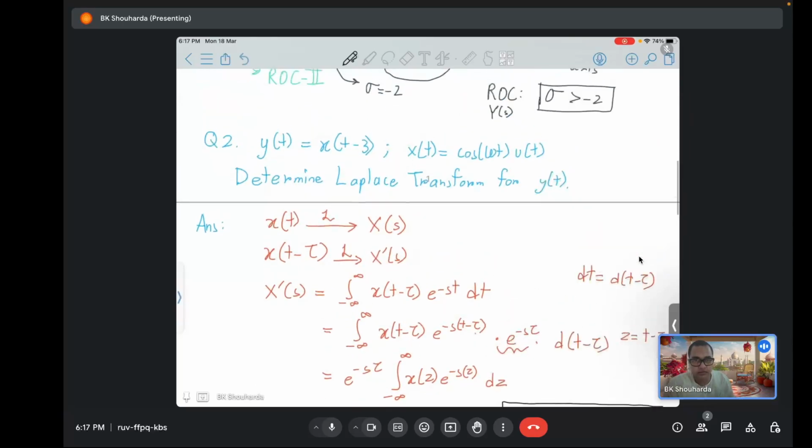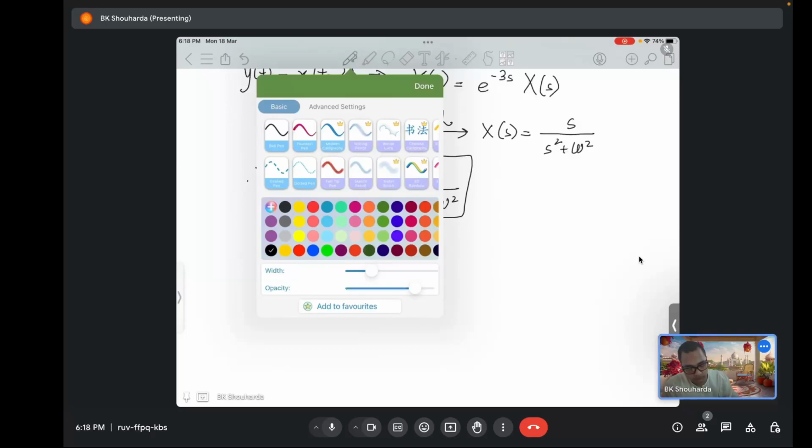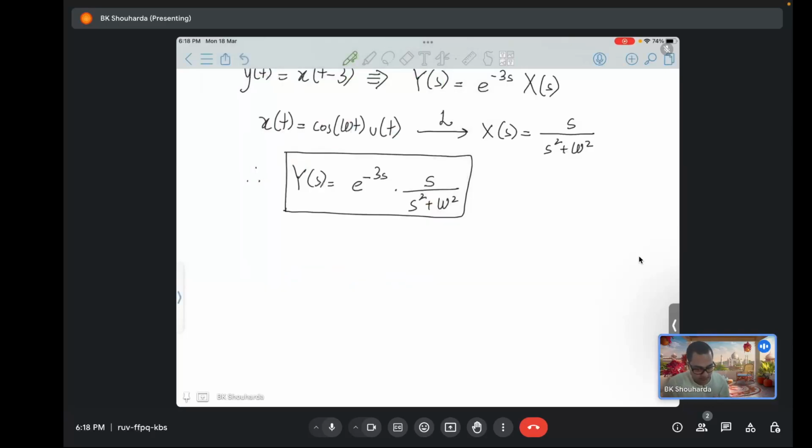Fine, so this is our answer for the Laplace transform of y(t). Let's look into the next question. We are given x(t) is sine(omega t) u(t) and y(t) is x(0.5 t). Now we have been asked to determine